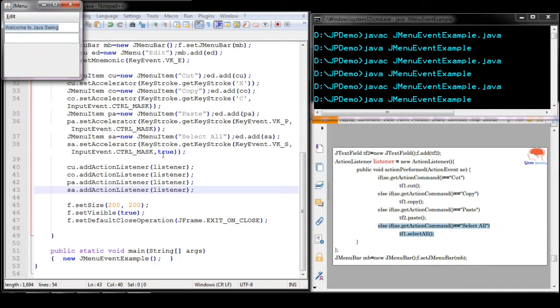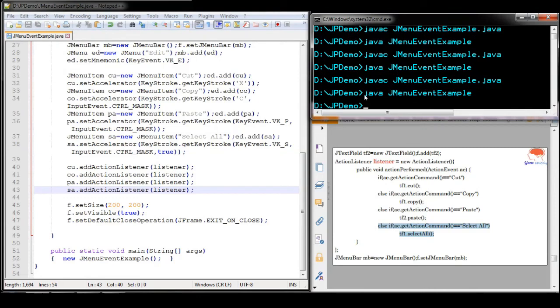That is the meaning of the true option here in the set accelerator. Whenever the third option is true, whenever the key is released, the menu item will be selected. So I am going to cut with Control X, it has been cut. When I press paste, the content will be copied into the text field 2. Now you could see the operation is working perfectly. This is the way you can reduce the coding.